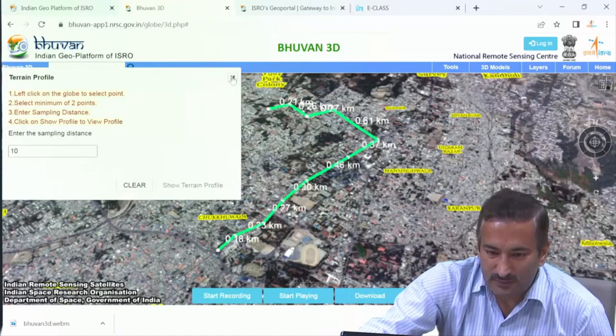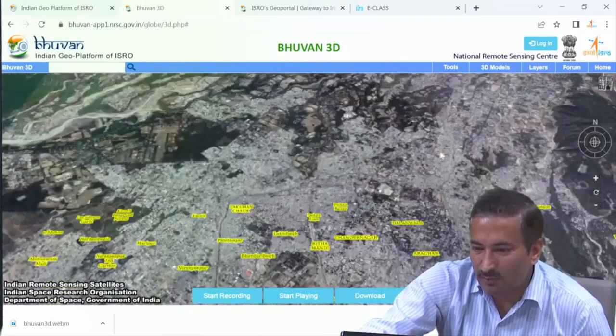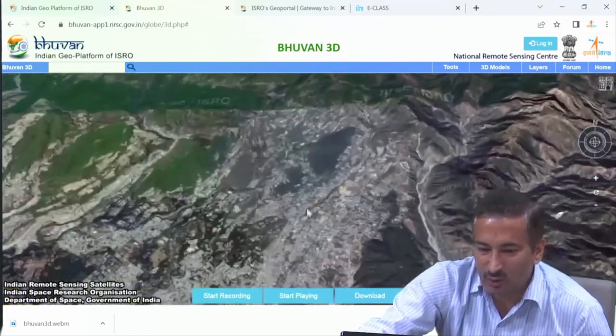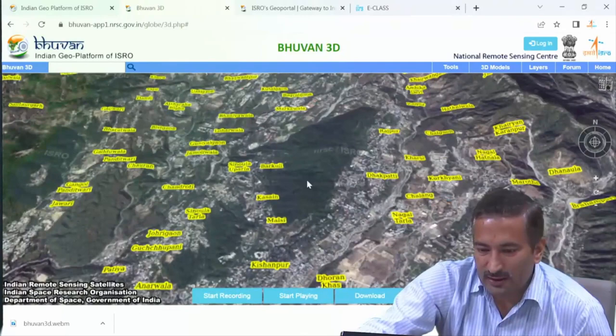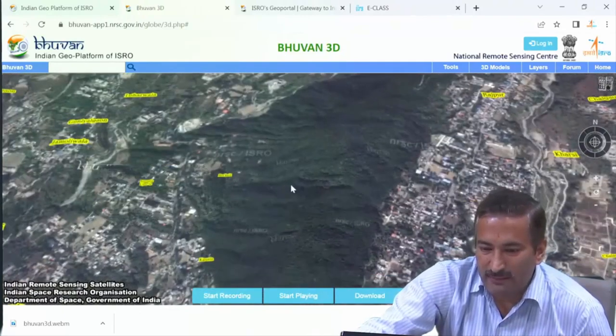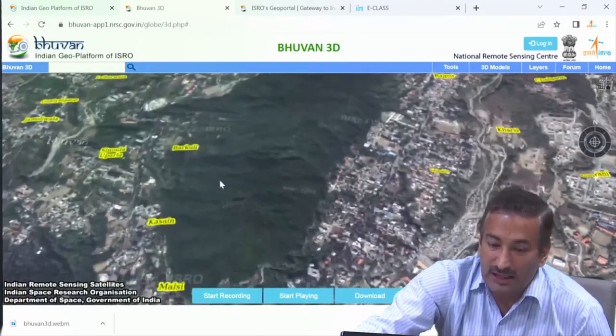This is very useful here. Generating the profile of the height, how height is varying, or more specifically, you can just go to this particular mountain also over here. Suppose I want to climb, I want to reach this place, then we can say how much height we have to climb.